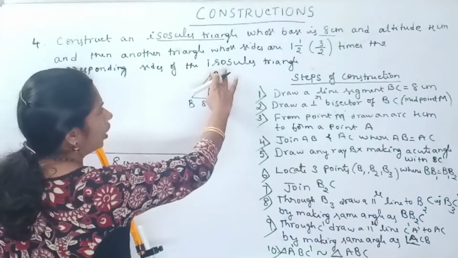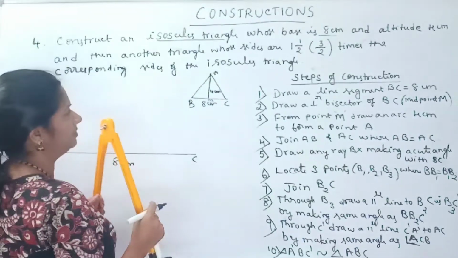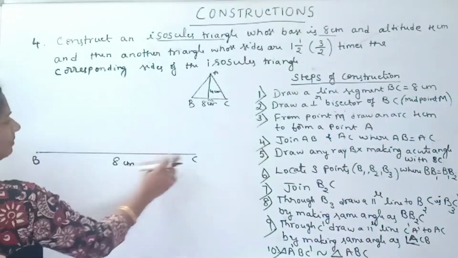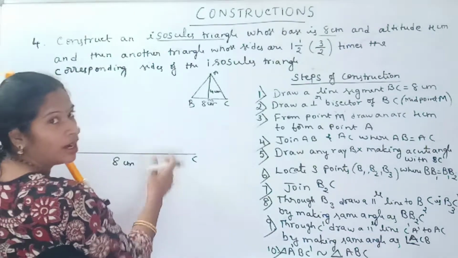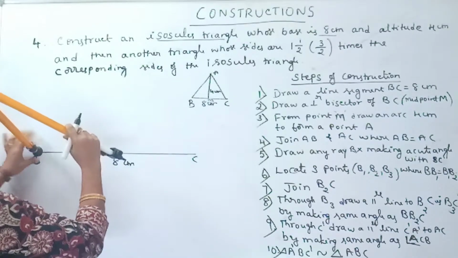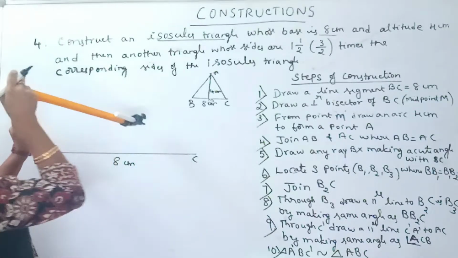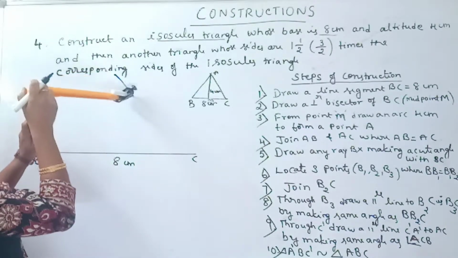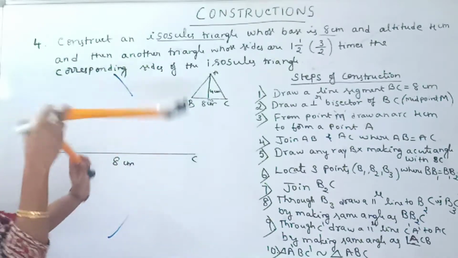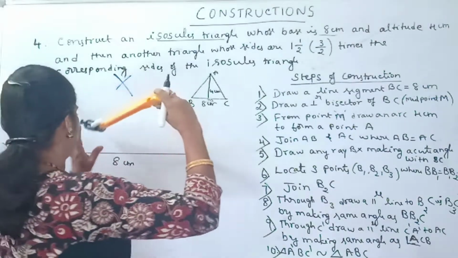Now we have to draw the height of the triangle, AM equal to 4 cm. Now how to draw, children? We have to draw the perpendicular bisector of BC. How to construct the perpendicular bisector of BC? Keep your compass on B. Take more than half of BC measurement and draw one arc up and one arc down. Then same measurement, keep your compass on C, cut those arcs.